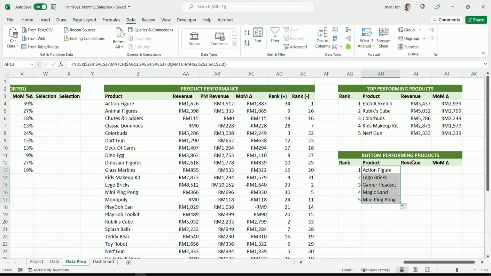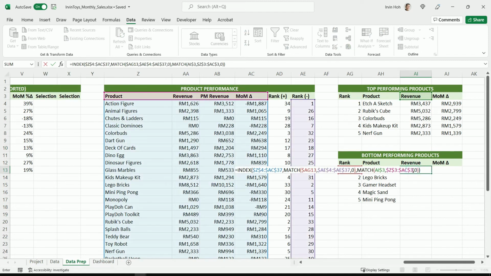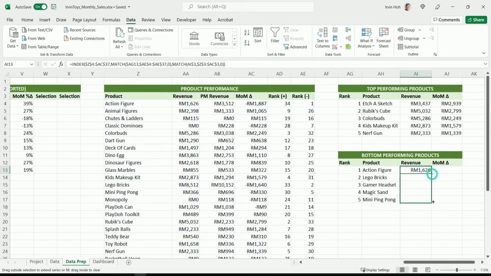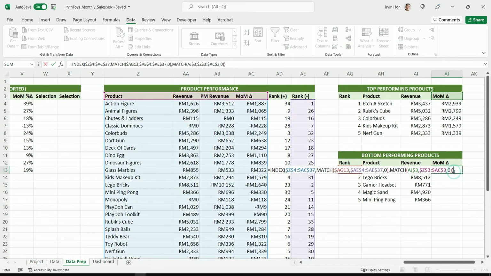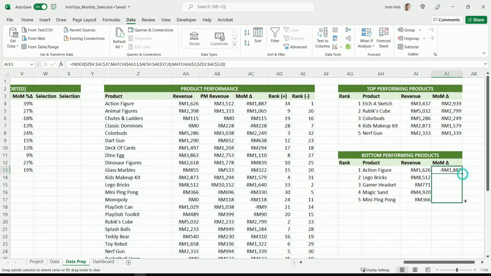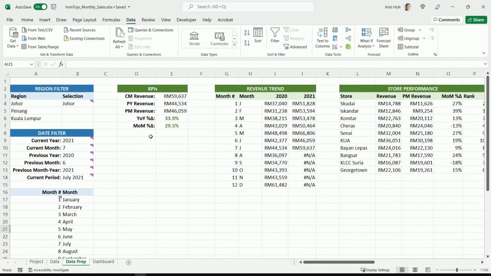You just repeat the steps, right? Over here I have the hidden formula, copy, paste and drag, right? Copy for month over month difference, paste and drag. So now we have all the data populated from the top level,